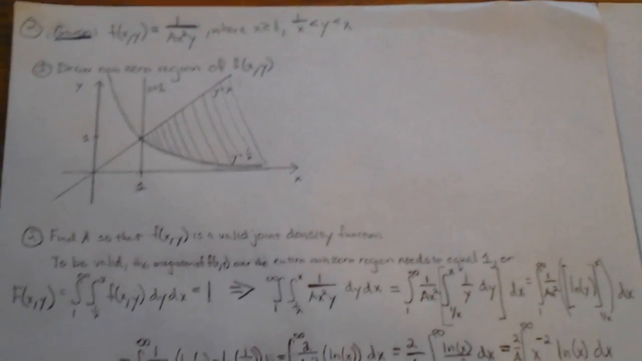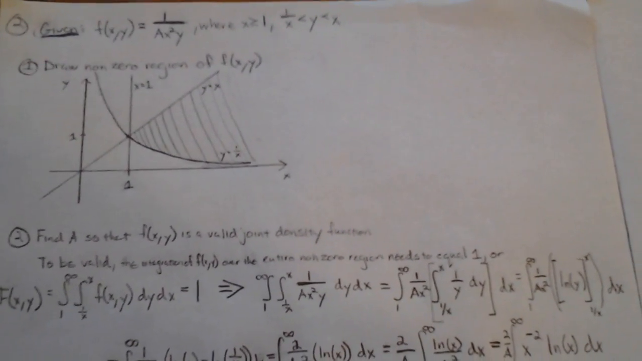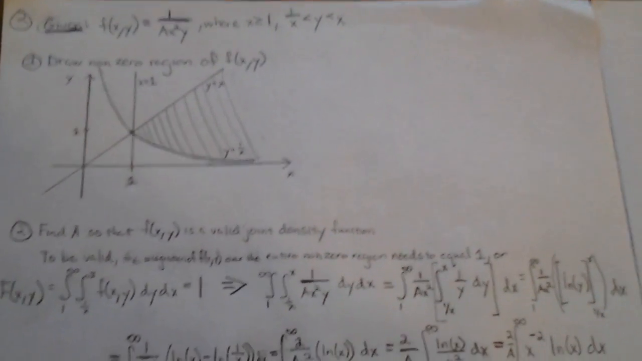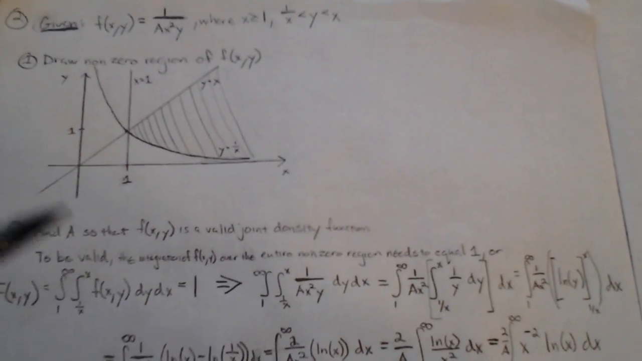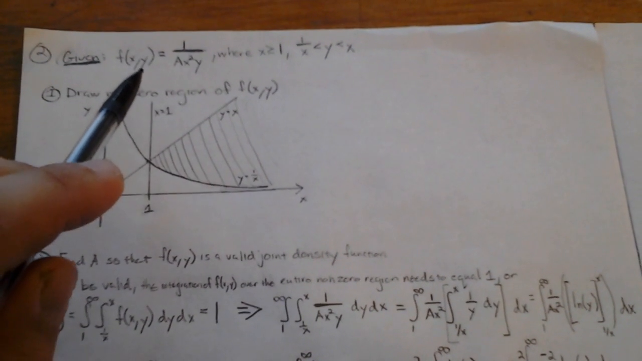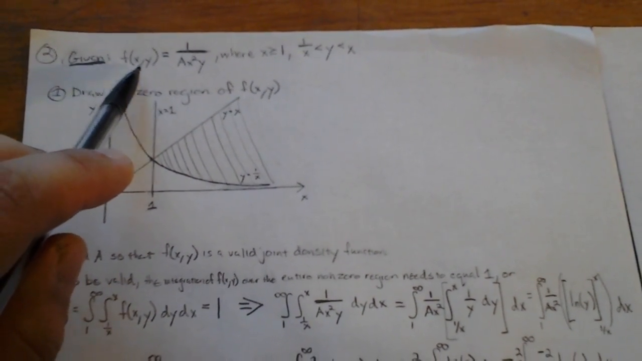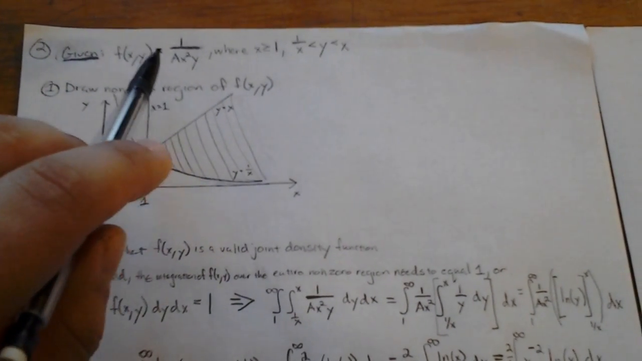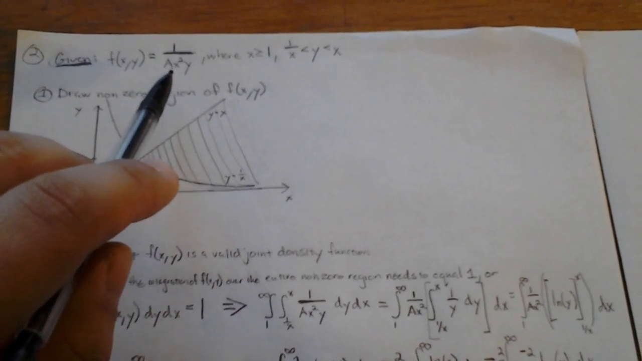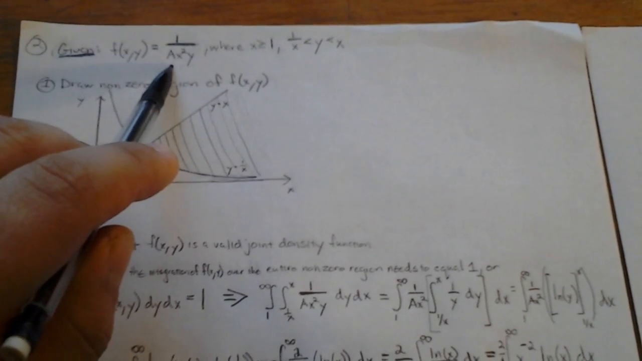Alright, now we're going to be doing problem number 2 of homework number 5. What is provided to us in problem number 2 is this function right here. So we have a joint density function, which is defined as 1 over some unknown constant a